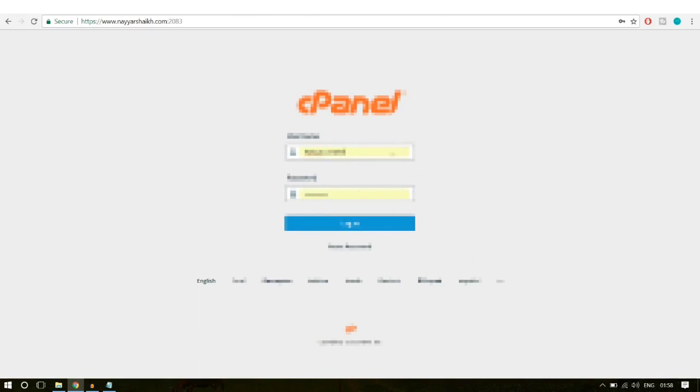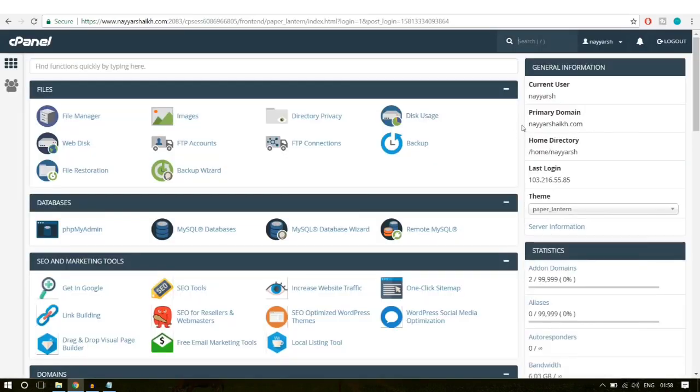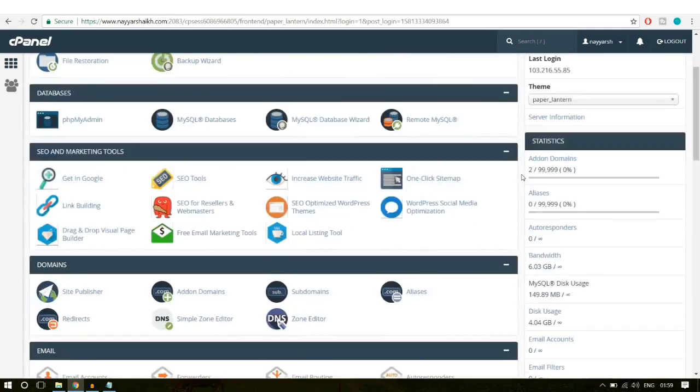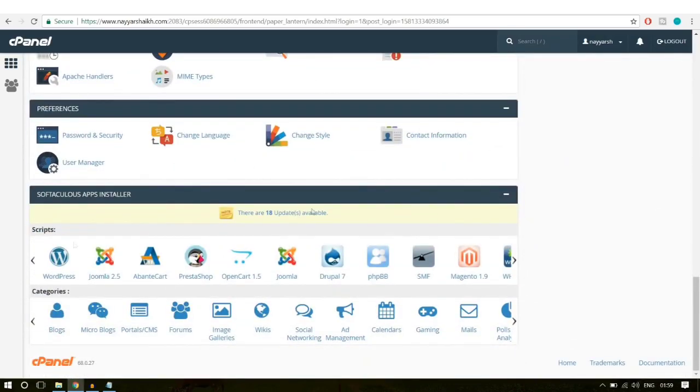Once you come up over here, just copy the username and password from that email which you got from TMD and click on login. Okay, so this is our control panel. This is a very similar control panel. All the companies have a very similar control panel. There are a lot of options over here, but we don't have to do anything with these options. The option which we want is under Softaculous app installer